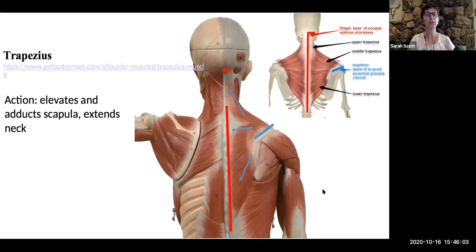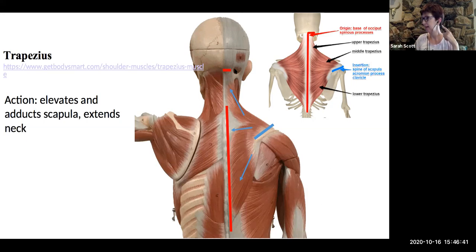Okay, so the first one on the list is the trapezius, and notice that it has more than one action, and make sure you know all of them. The trapezius is shown here on the right side of this body because this is superficial. These are deep muscles here. Notice two of the actions relate to the scapula, but the third one has to do with the neck. That's because if you follow this muscle upward to its origin, it actually has an origin on the back of the occipital bone. So that's how you're going to extend the neck.